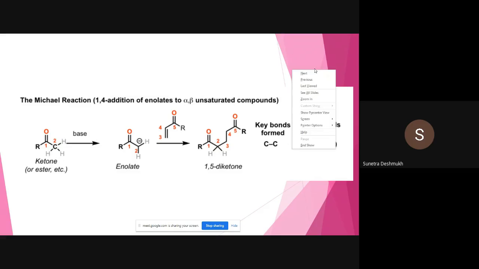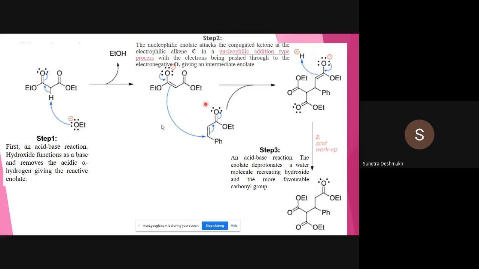Okay, so this is again the general reaction. Now we will go for the mechanism: step first, step second, and step third. It's very easy actually. In step first, as usual, we have to generate the nucleophile from the Michael donor. The Michael donor acts as a carbanion, a nucleophile. So for the active methylene, we have to abstract this active hydrogen, or acidic hydrogen, by a base.